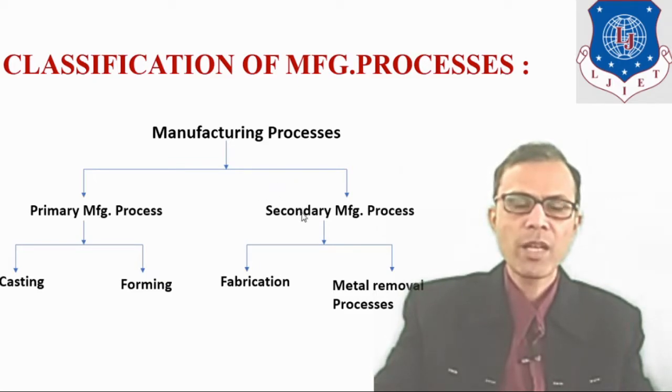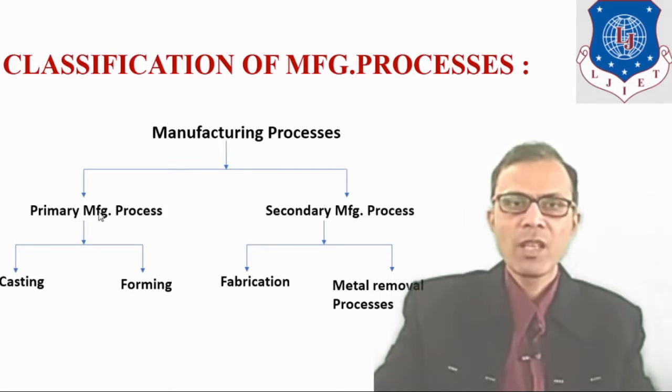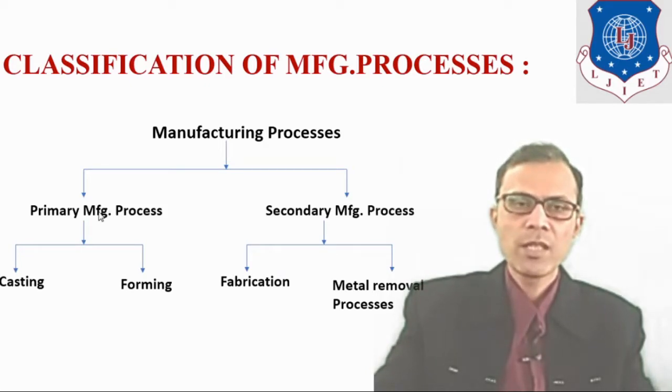But in case of secondary manufacturing processes, some metal cutting or machining operations are involved. Further, primary manufacturing processes are classified in two categories, that is casting and forming,